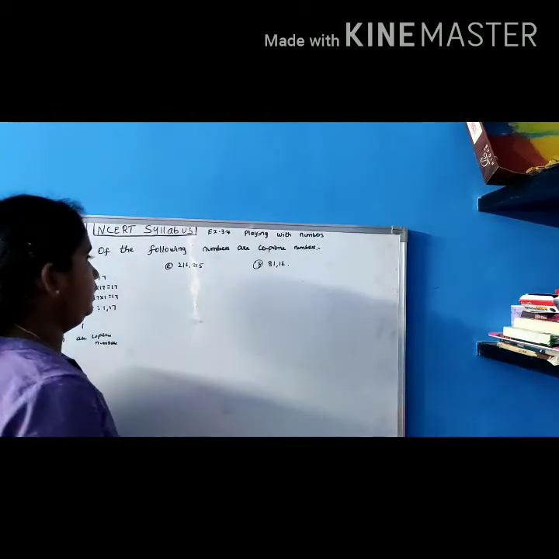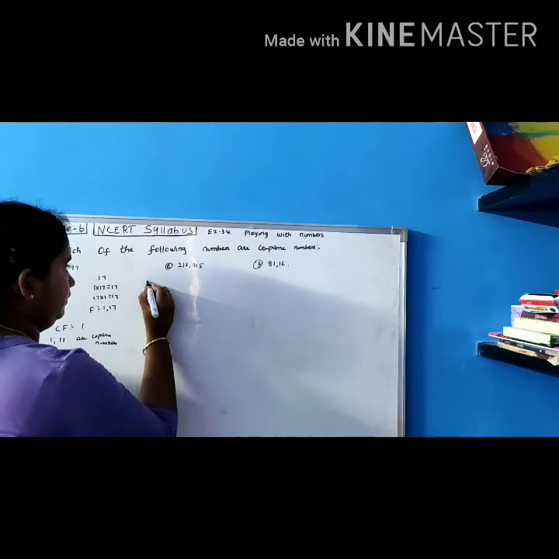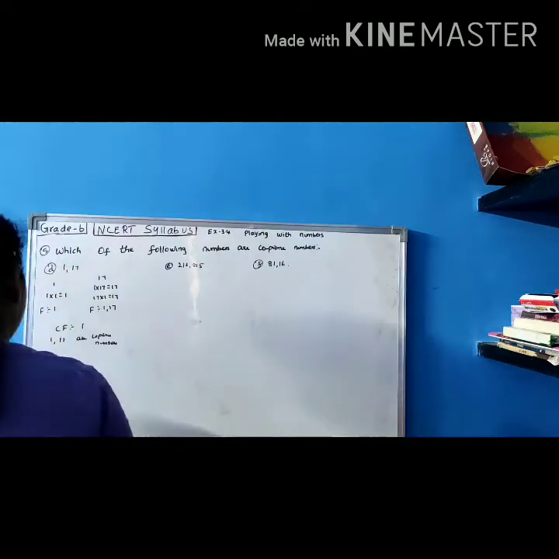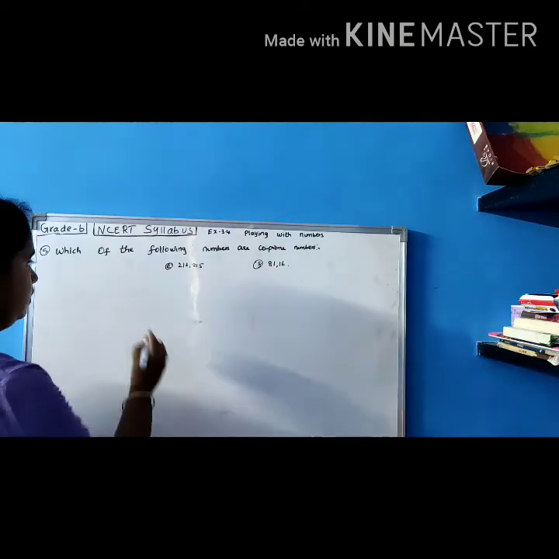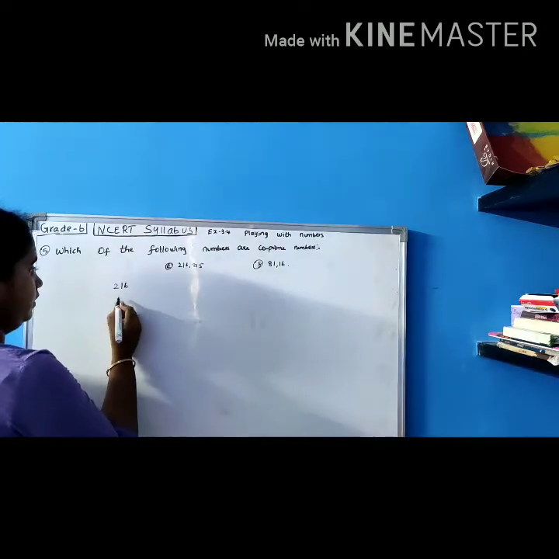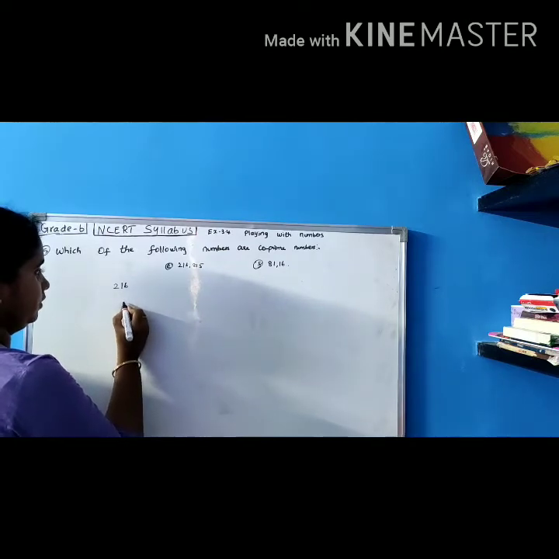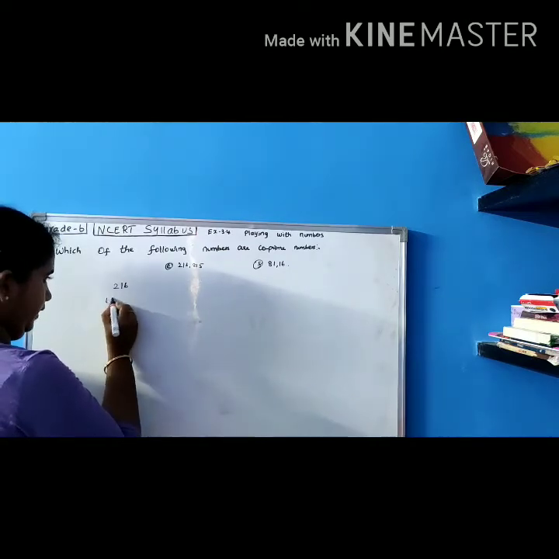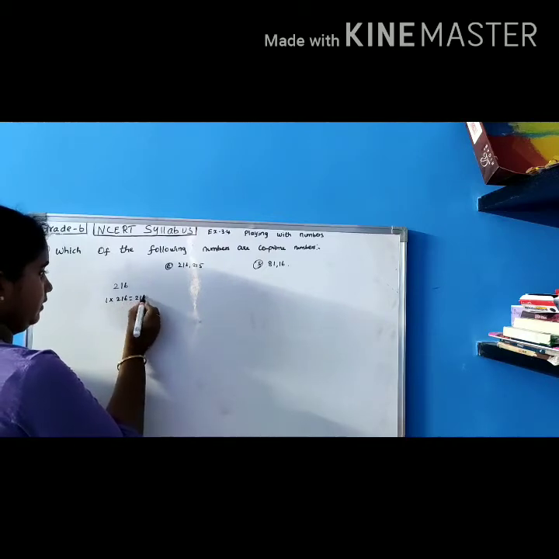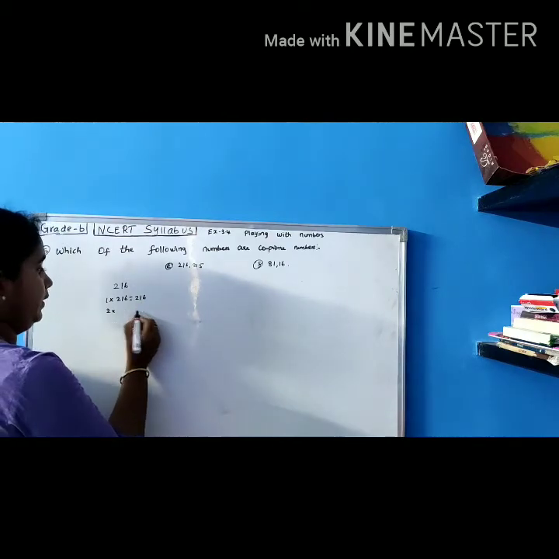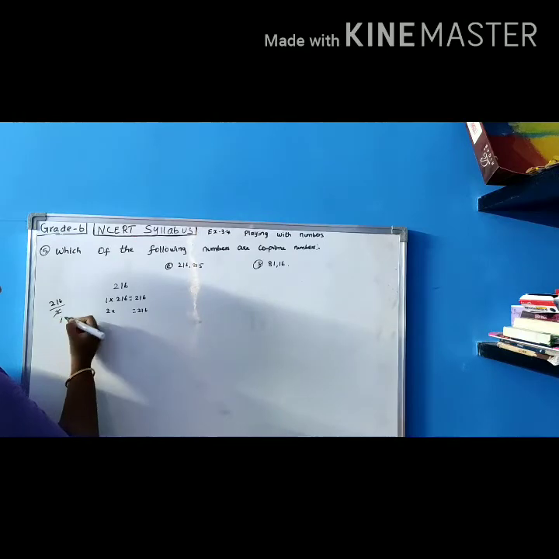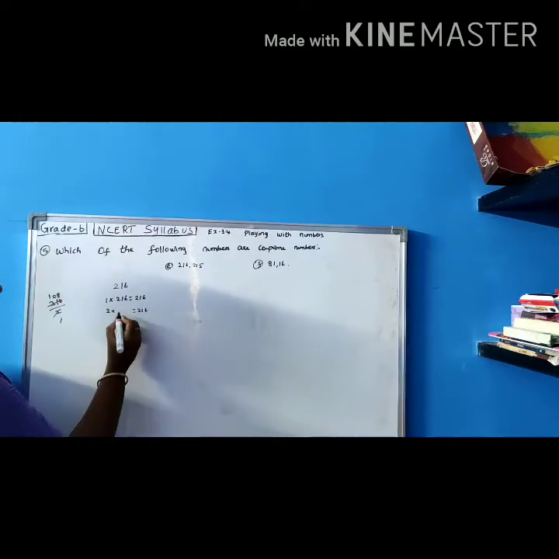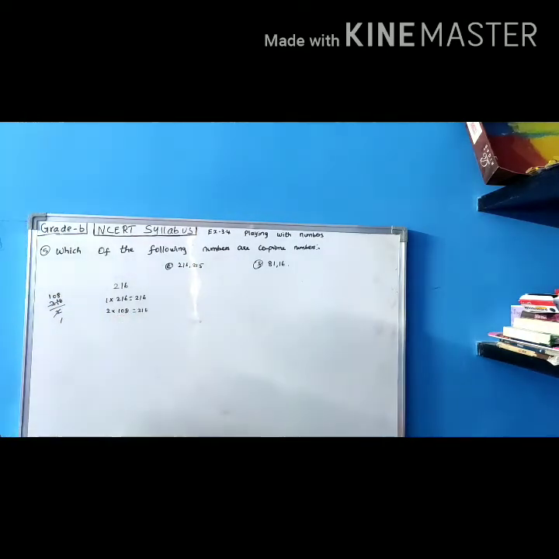Okay. Then 226 and 225. Again a big number. I'll erase this because I need space. So 226 I am taking. 1 into 226 is 226. Then 2: the last digit is an even number, so it will go by 2. 2 into what gives you 226? You divide it and see, 226 divided by 2. 1 2 is 2, 1 2 is 2, 0, 8 2s are 16. So 2 into 113 gives you 226.